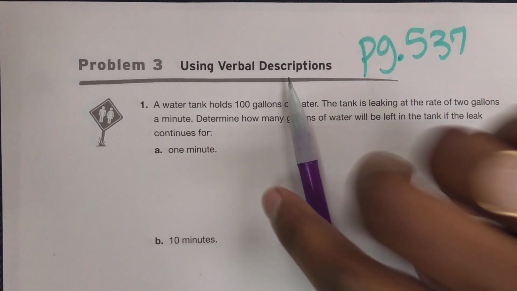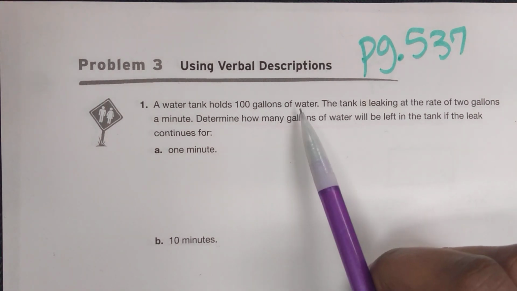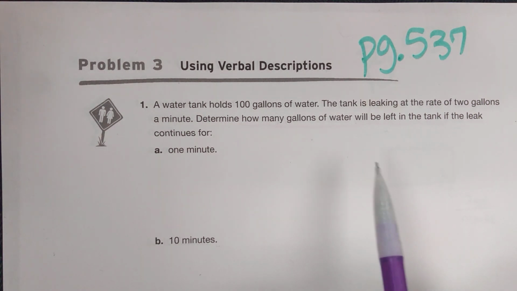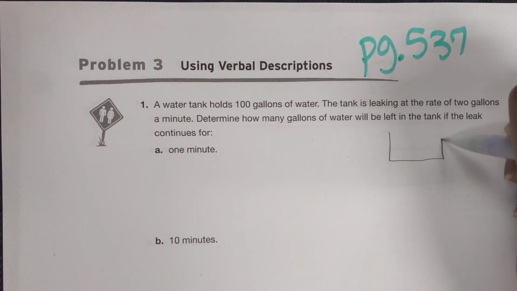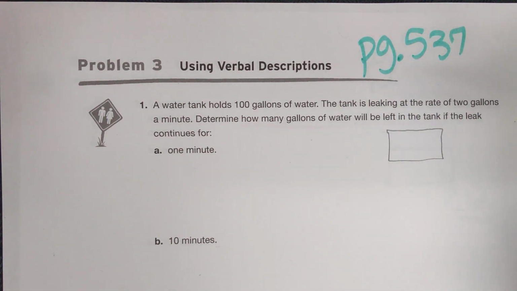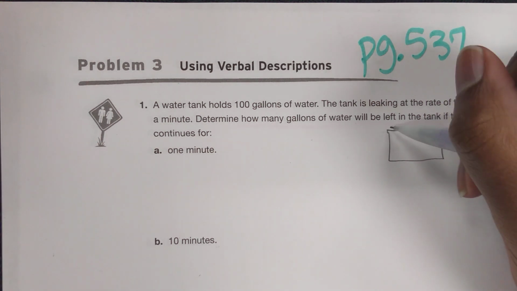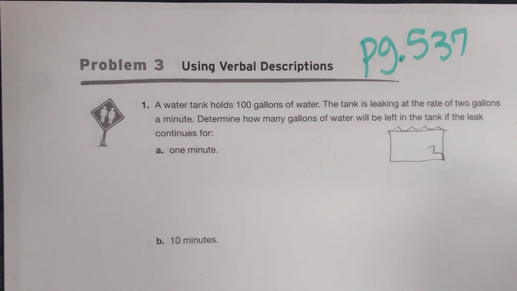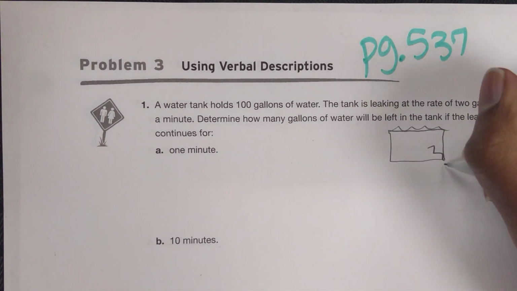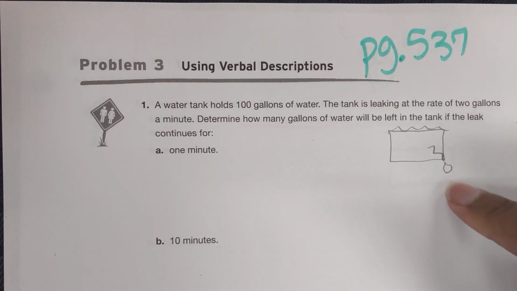What should we do? A water tank holds 100 gallons of water. If you think it's necessary, if you think it would help you, maybe just draw a quick little sketch of that water tank. I know that helped me. The tank is leaking at a rate of 2 gallons a minute. So apparently it's got some water in there, but it's leaking. There's a little crack in that tank. It's leaking at a rate of, here's my little drop of water, each minute 2 gallons are coming out of that tank. So 2